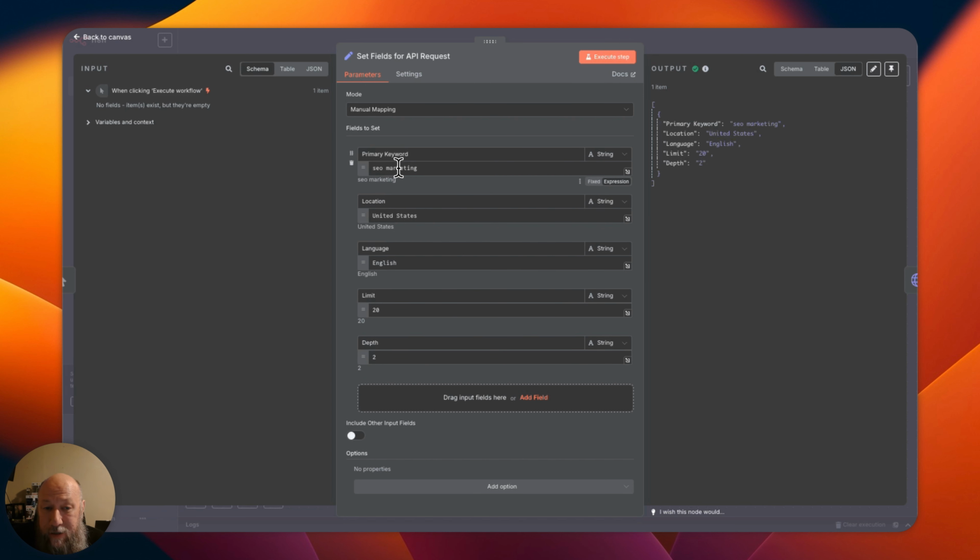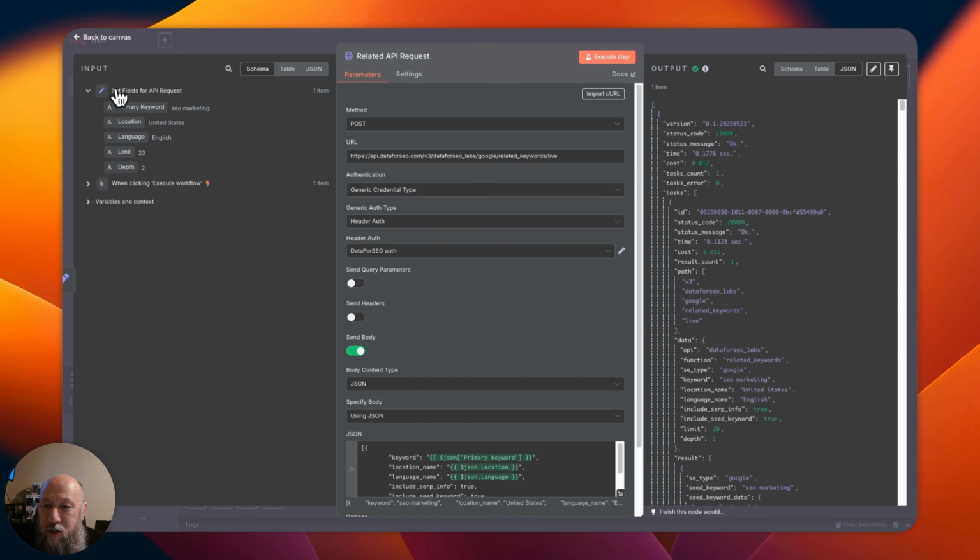But in this case, this is just an example. If you've done any automations, you know how to take the dynamic field and drop it in. Primary keyword, location, language, limit, and depth. So take a second, screenshot that. This is what the object will look like right here. And when we move this forward to our API request, we should see these 5 fields, and these will be